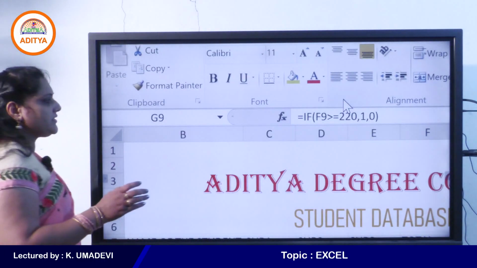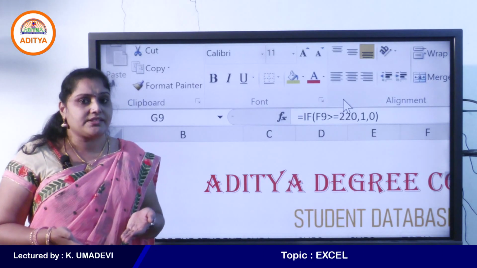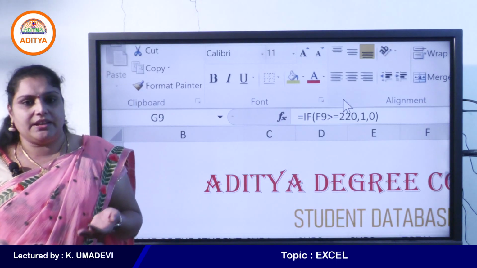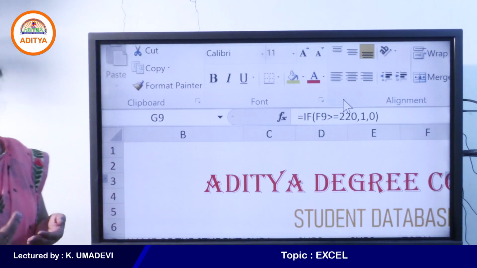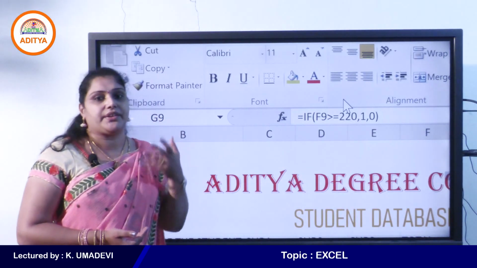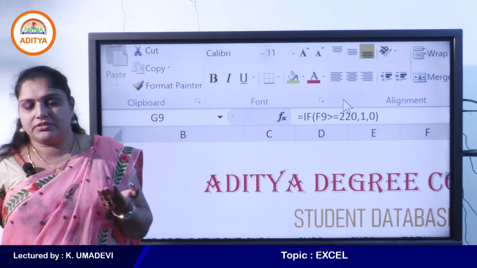See, for example, just look at this example, F9 greater than or equal to 220. That is, F9 is a cell reference. See, if F9 contains a value that is greater than or equal to 220, then it returns 1, otherwise it returns 0. Clear, students?